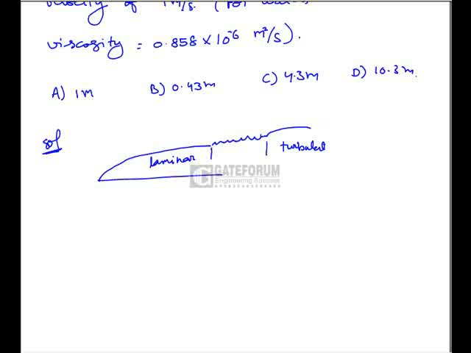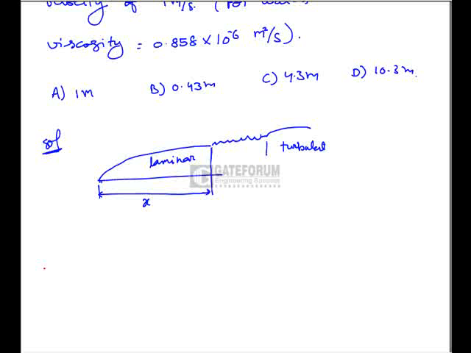So at this point transition will occur, and here we will have to find out the distance from the leading edge at which transition will occur. Leading edge is nothing but the entrance of the plate. So the flow at the entrance of the plate is the leading edge, and where the liquid leaves the plate is the trailing edge. So here we will have to find out